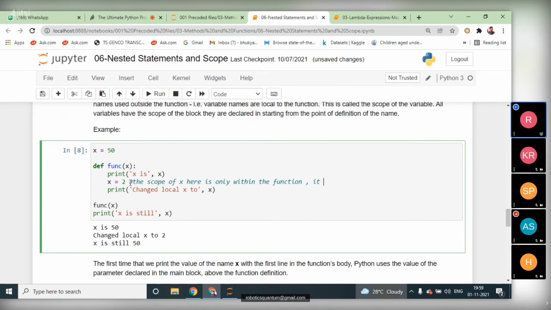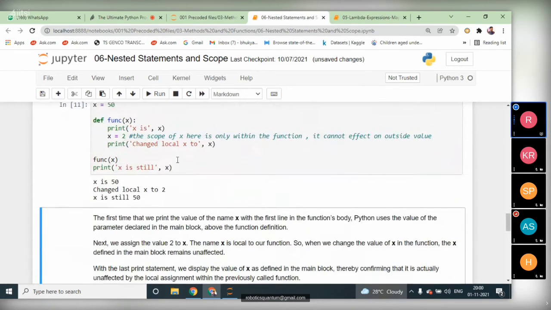It cannot affect the outside value. Only the inside value will be modifiable, and that's why when you run this one, it will give the result as usual.